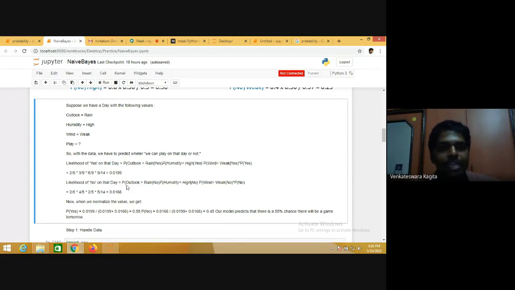And similarly, you estimate the likelihood for no also, which is equivalent to 0.0166. Now, when we normalize these values, you have got likelihood for each of these, yes and no. So you can directly classify it as yes, because the likelihood of yes, 0.0199, is greater than 0.0166. But you can normalize it and say that now when you normalize this, probability of yes is equivalent to 0.0199 divided by the sum of 0.0199 plus 0.0166, which is equivalent to